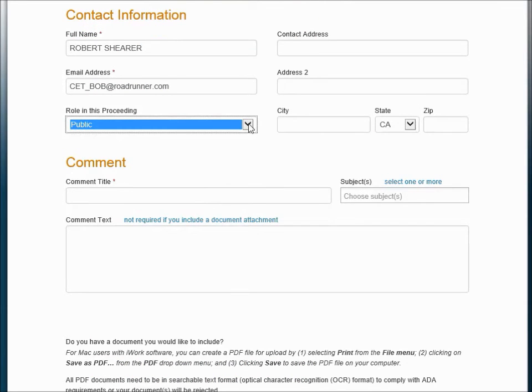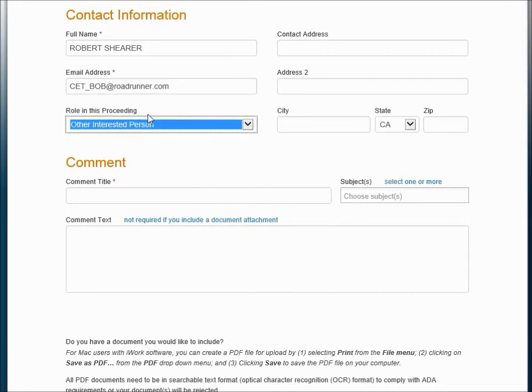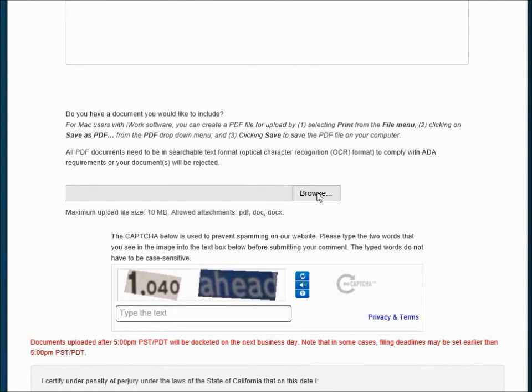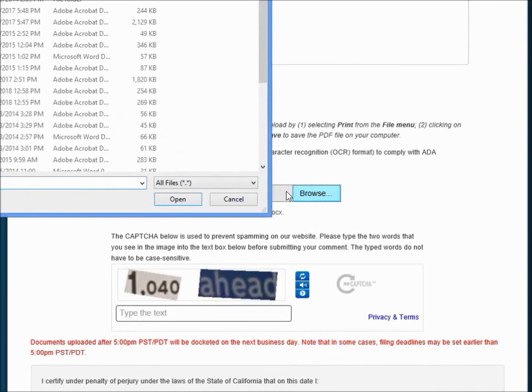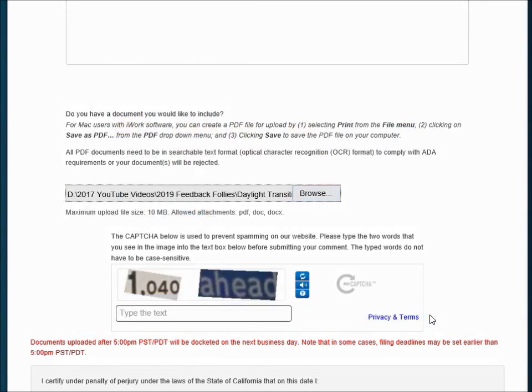Now I can choose who I am. I could be an other interested person. Okay, I'm interested. There you go. And you're going to want a snappy title, and then we're going to put the document in. So with our required fields filled out, we can go ahead and find our feedback and select it and upload it.